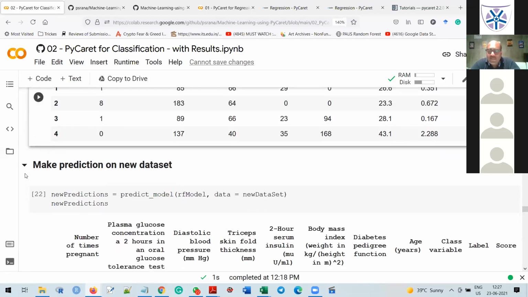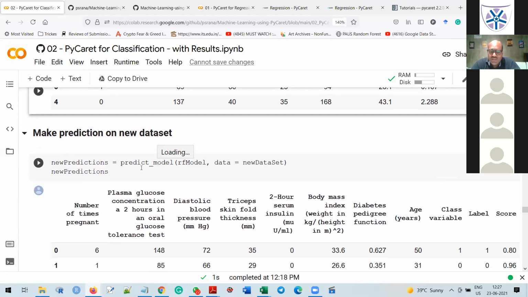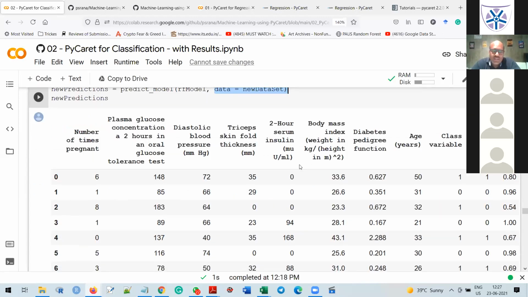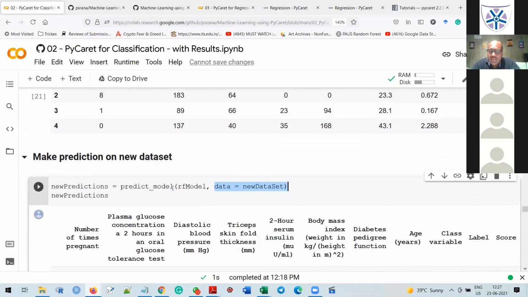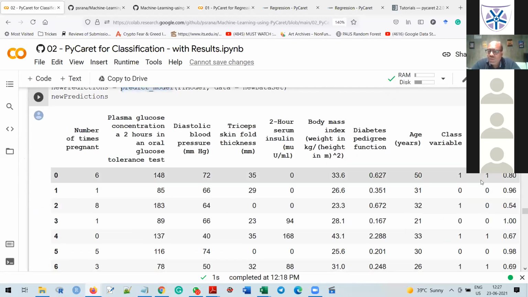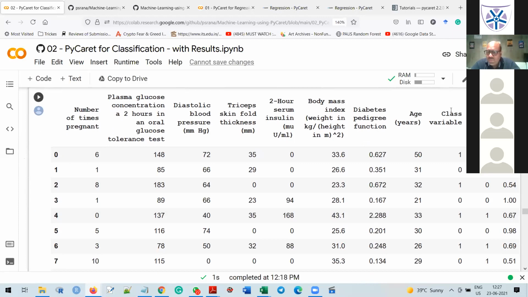So this is all about making predictions. predict_model is a function. It requires two parameters only. One is the model that we created in the earlier step, and next is the data set. So we provide the new data set. After running predict_model, you will find there is a last column with the name label. It automatically comes up with 1, 0, 1, 0, 1, 0. So this will be considered as the predicted value, and this will be considered as the actual value. So two columns are there. Now all these parameters we can calculate using these two values, actual and predicted.